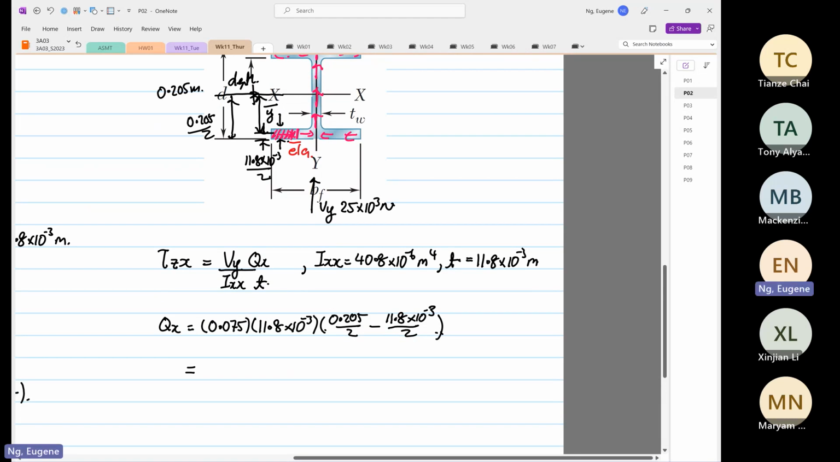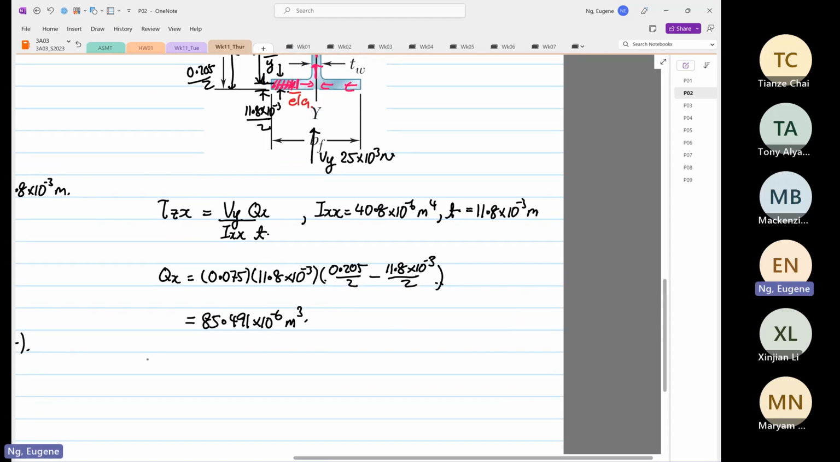So from here, this will be equal to 0.205 divided by 2 minus 11.8 times 10 to the power minus 3 divided by 2, times 11.8 times 10 to the power minus 3, times 0.075, which is equal to, I get 85.491 times 10 to the power minus 6 meter cube. Okay, so now we can find out what our